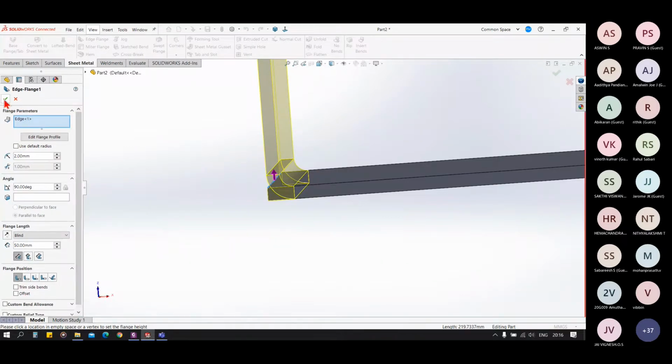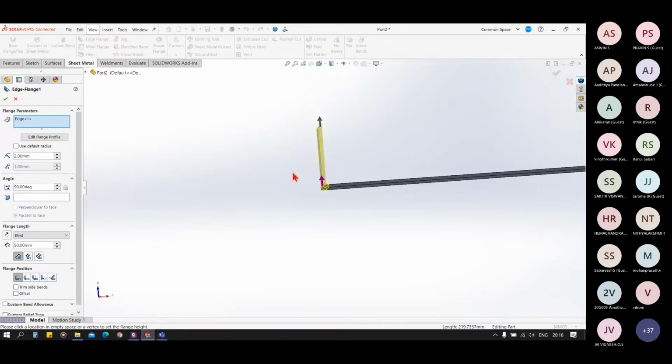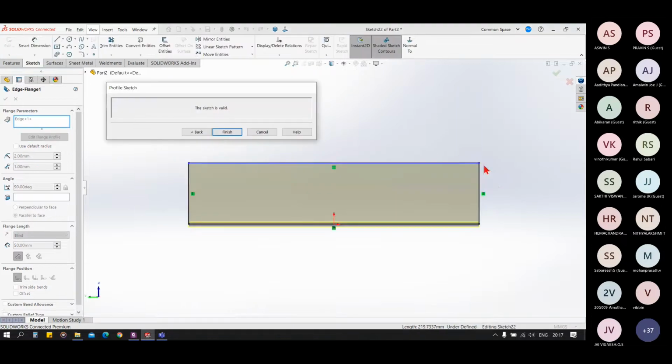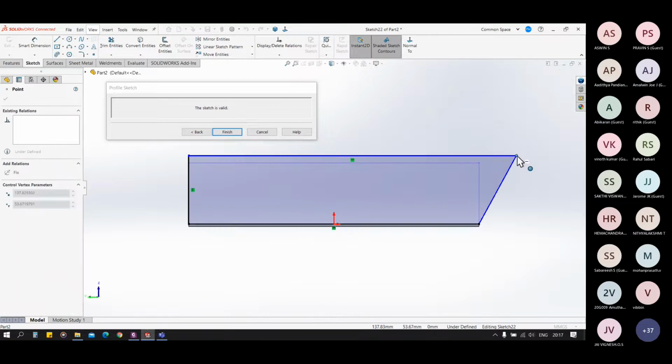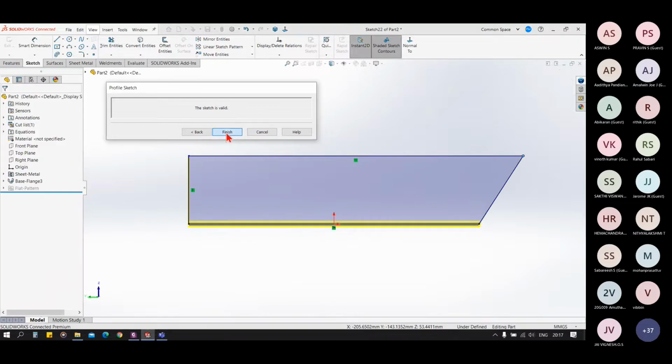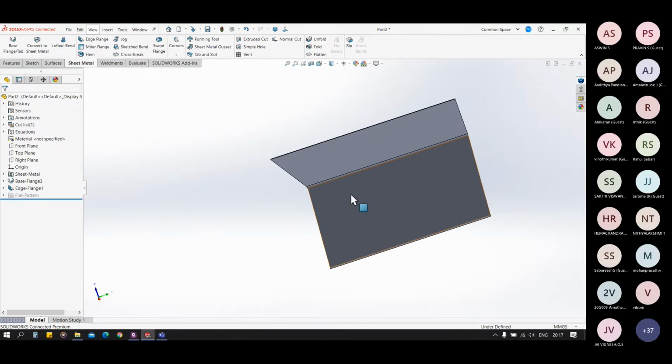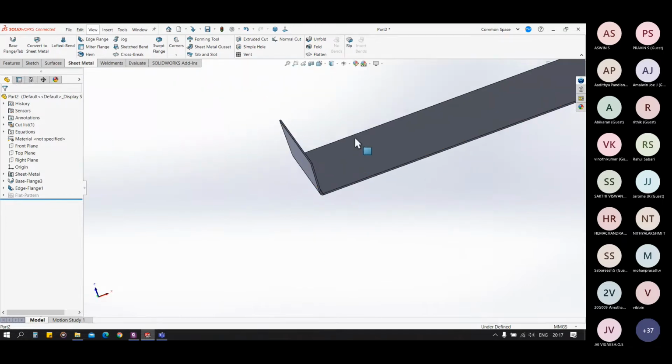Okay, and one more thing, you can change the profile of edge flange. So you can have like this also. You can change the sketch of the edge flange.